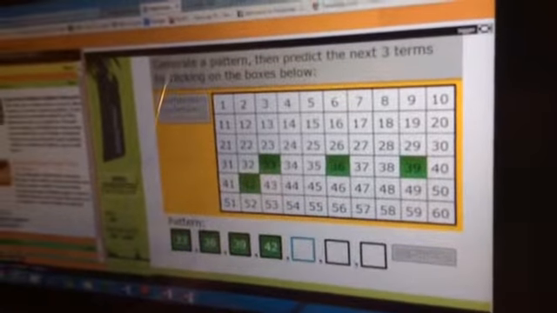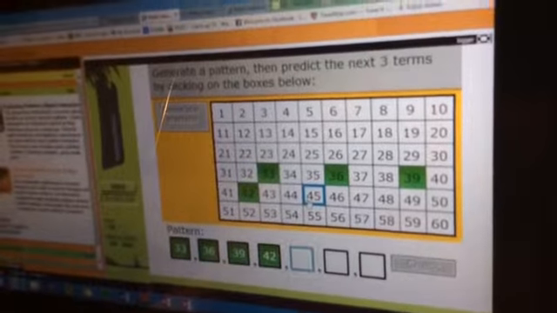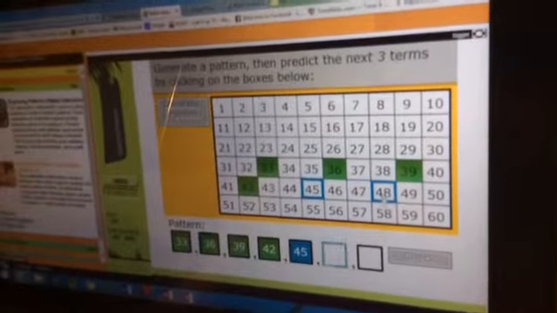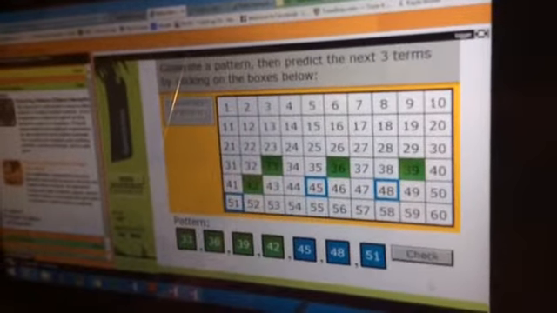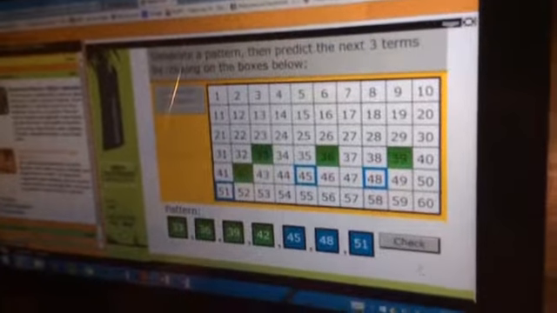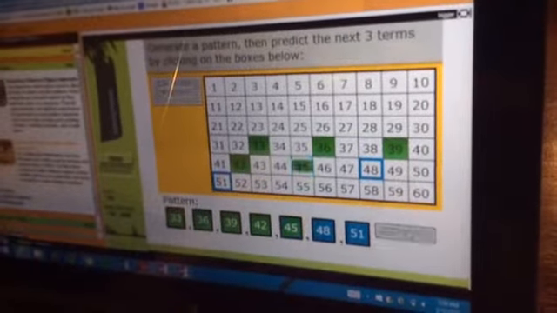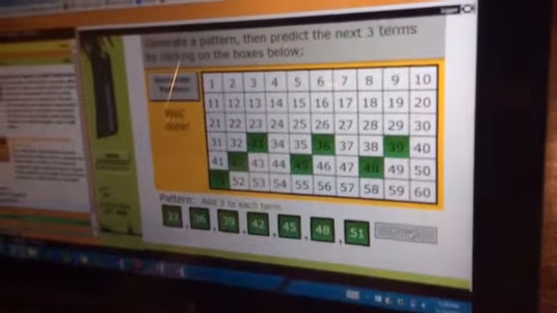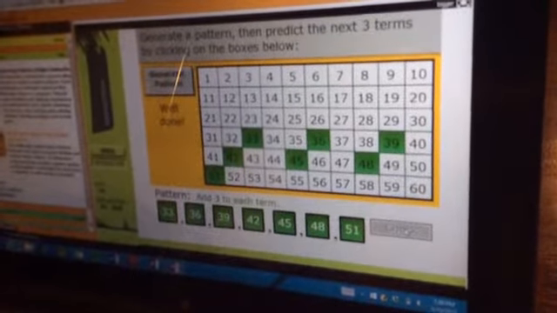So this one is going up by 3s as well. So the next one would be 45, then 48, then 51. Then students can check their answer, and it also provides the rule, so it's add 3 to each term. So the use of this ICT can create very simple and quick problem solving for students, so they can have